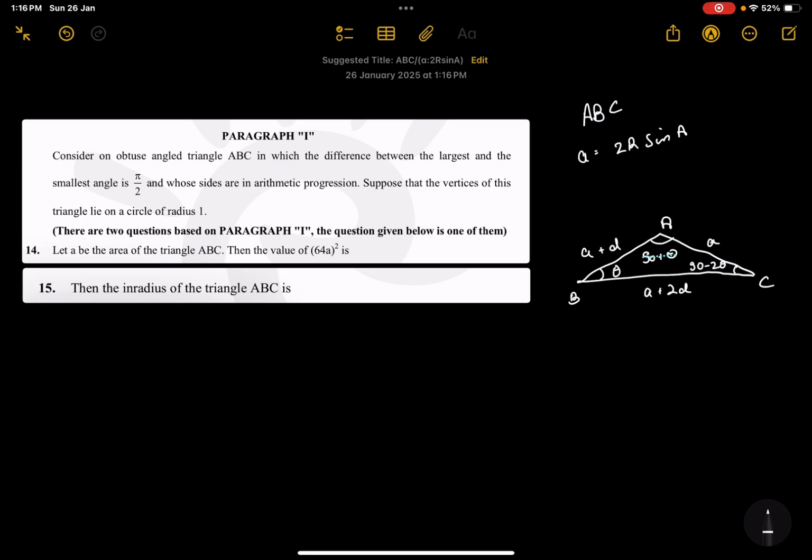So we have a is 2 sine theta, a plus d is 2 sine of 90 minus 2 theta, which is 2 cos 2 theta, and a plus 2d is 2 sine of 90 plus theta, that becomes 2 cos theta. Which gives us cos theta plus sine theta